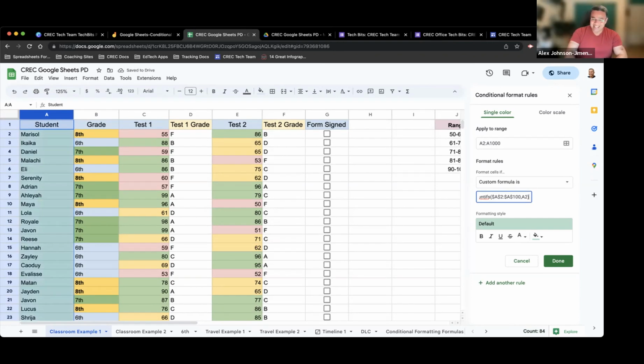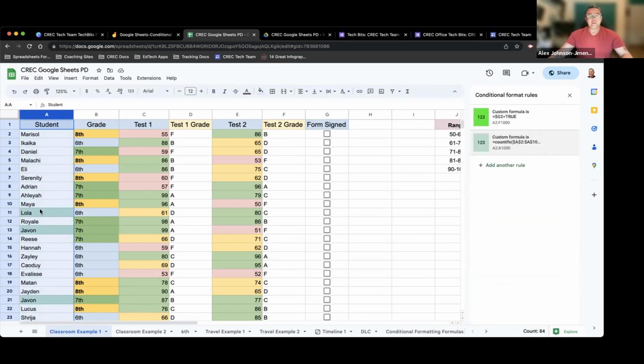And so right now it's going to count everything, and then I'm going to put greater than 1, because I want the name to show up more than one time. What if you wanted to show more than 2 or 3 times? Then you put 2 or 3 right there. So then if I click done,